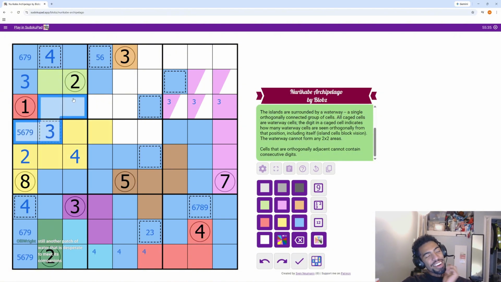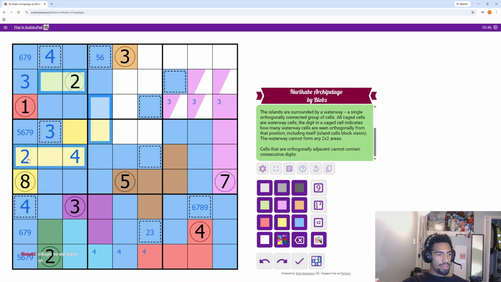Another patch of water. This little tiny piece of water has to get this digit, because otherwise it's trapped by all of this. It would be trapped in there. Yes, so this has to be blue. Right. Good point. Thank you. So now